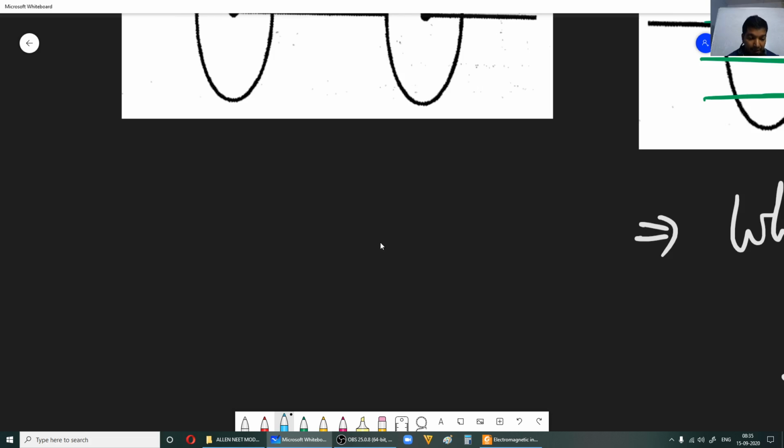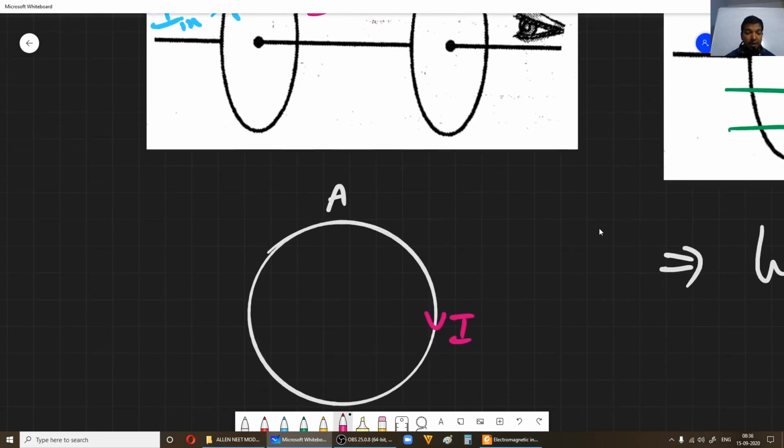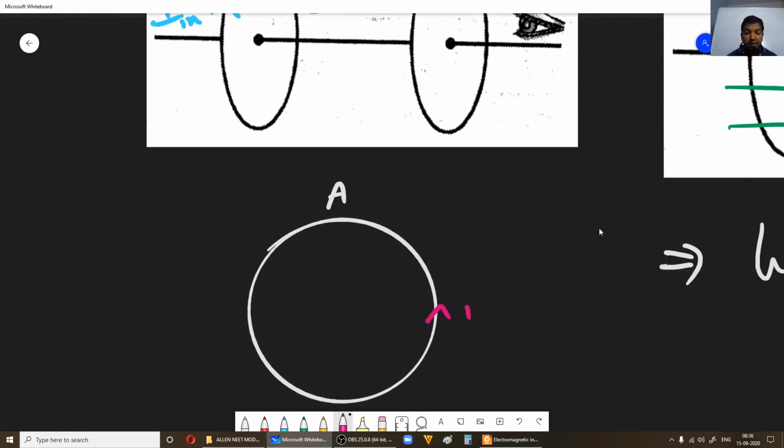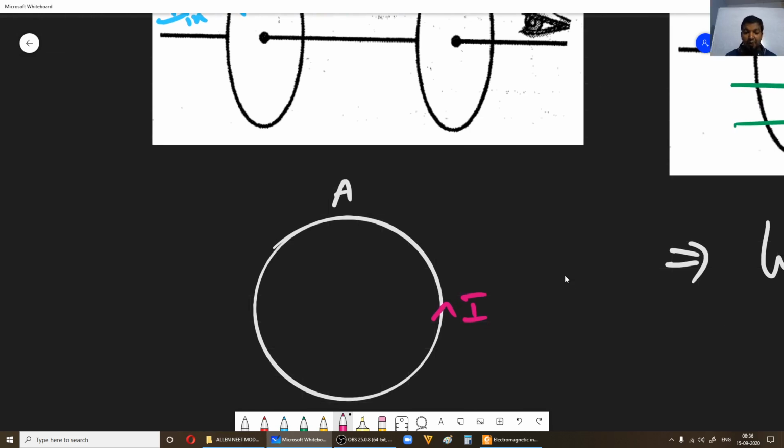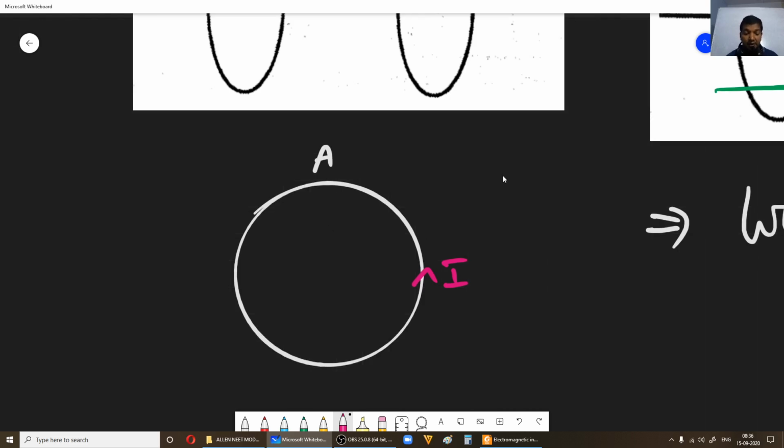Now let me draw a separate diagram for coil A. See, you are the observer, and coil A looks to you like this. Focus only on coil A now. Now this is the current which is pumped by the battery, sorry, it is in anti-clockwise direction. Since the magnetic flux is increasing through coil A, through coil B also it increases, we'll see about it later. Through coil A, magnetic flux is increasing, so the magnetic field, how was it? The magnetic field was towards you, isn't it? Now this magnetic field is increasing. So this up arrow tells you that it is increasing.